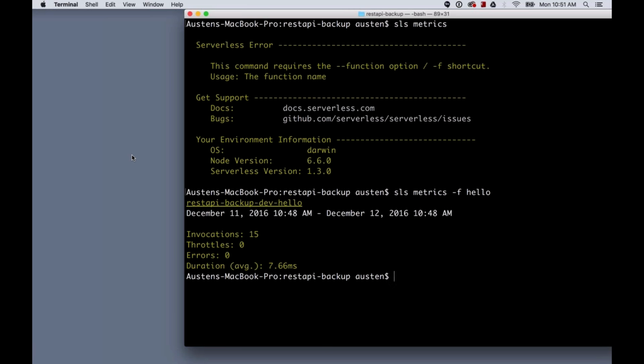Number 6, is there a cost for this serverless framework? No, I wish there was. We've been working on this for a year and a half, but there's no cost. It's all for free. It's all open source, and it will always be that way. So check it out, jump in, contribute, or just provide feedback and use it for free and be happy.